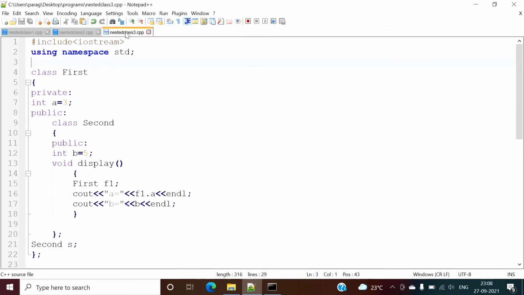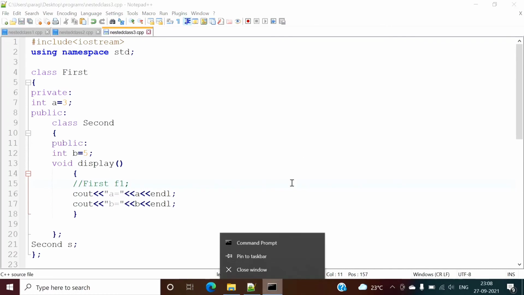So we'll see in the next example. In this nested class, I want to make use of this variable a, but I can't use it directly. Suppose I write like this, then I will get an error. So we'll try this.